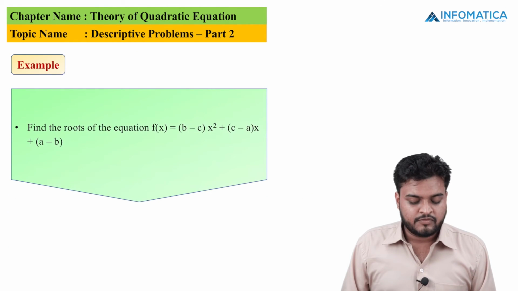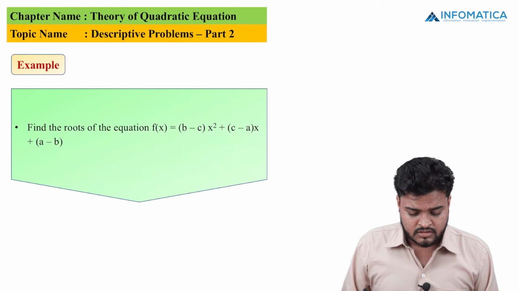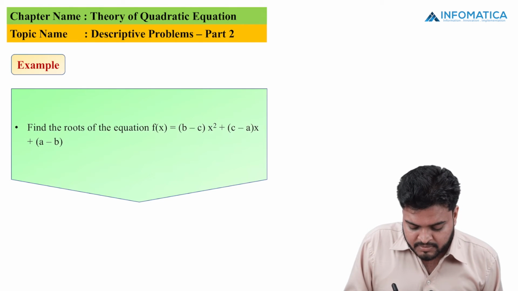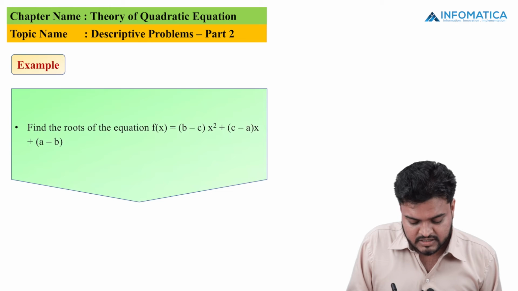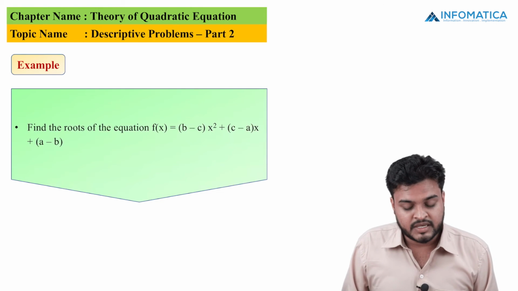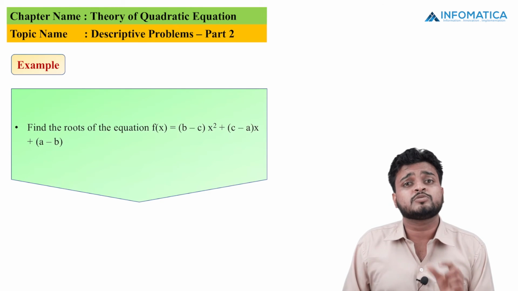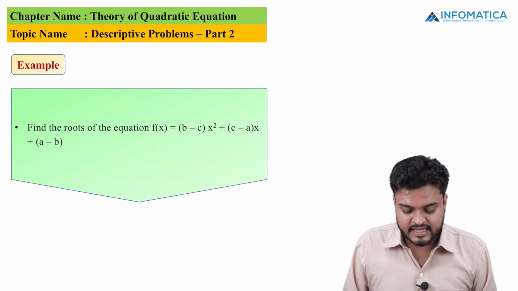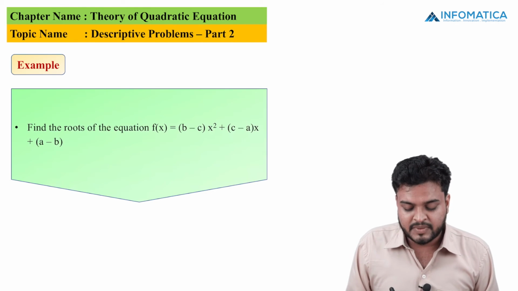My question is, find the roots of the equation. Equation is b minus c into x square plus c minus a into x plus a minus b. अगर क्लियरली आप इस इक्वेशन को देखो तो आप इजीली इसको सॉल्व कर सकते हैं. कैसे? यहाँ से क्लियरली देखने से ही पता चल रहा है कि इक्वेशन का पहला रूट तो 1 होगा,